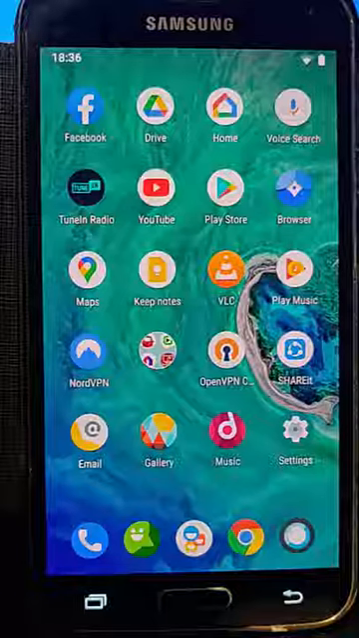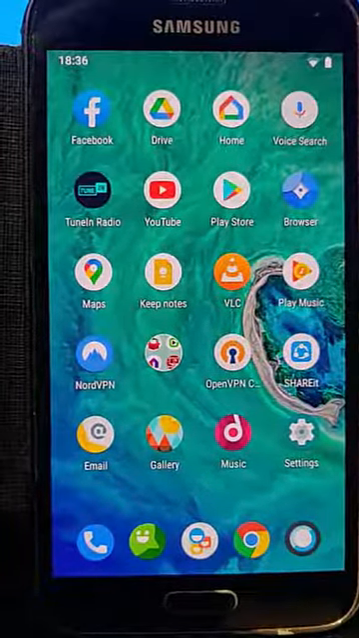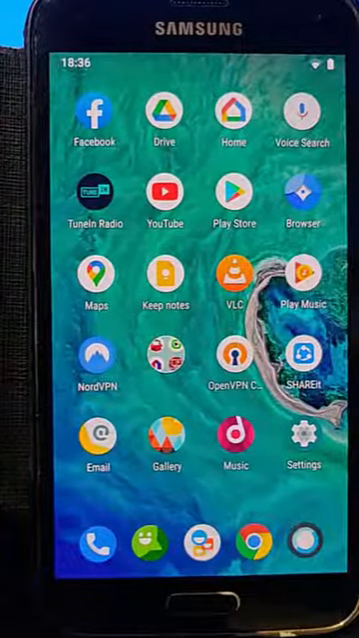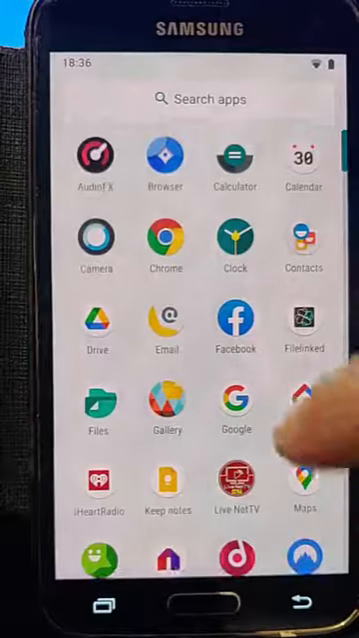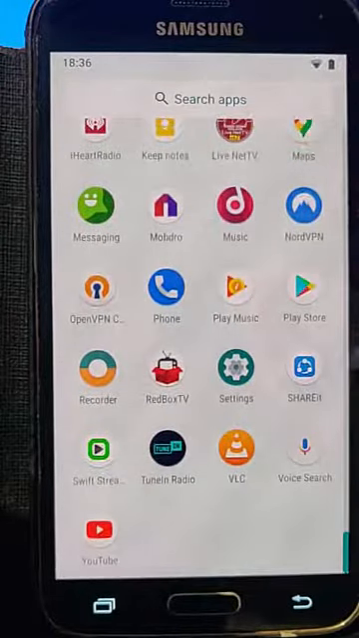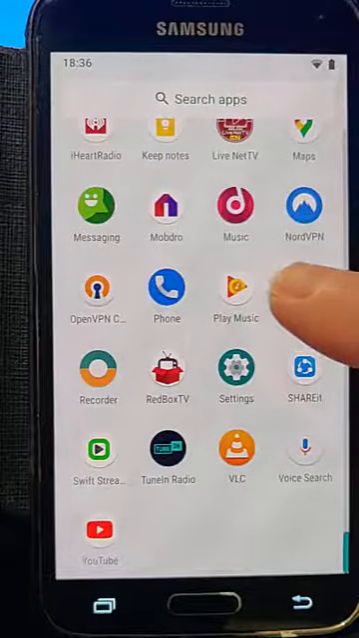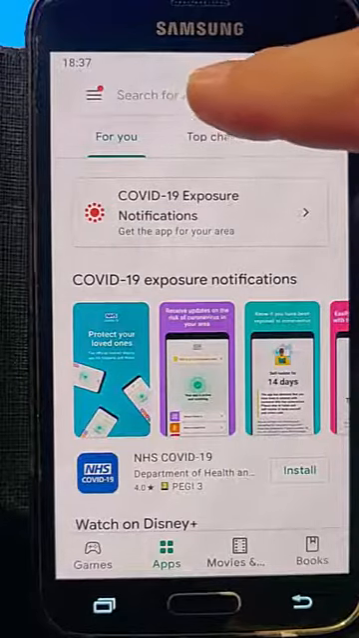This guide shows you how to download and install Norad Track Santa on your Android phone or tablet. Now all you need to do is, with your phone or tablet open, just swipe up, and we're looking for the Play Store. There we go, Play Store just there. Tap that. When the Play Store has opened, go to the search bar at the top of the screen,